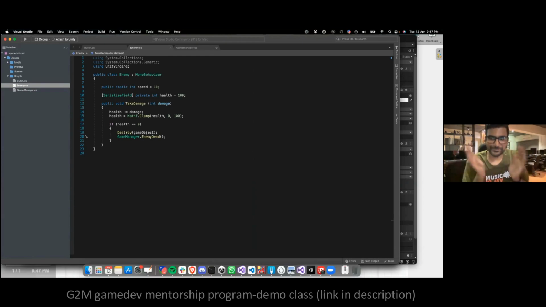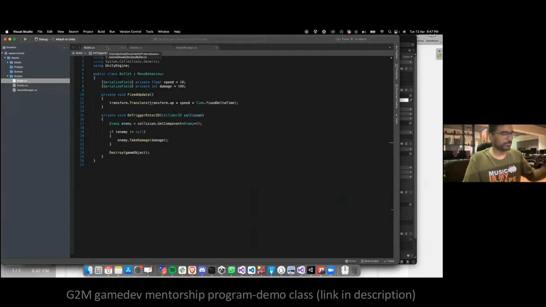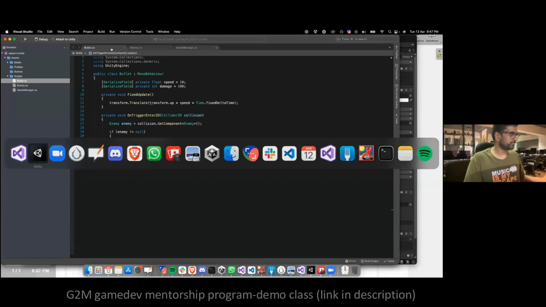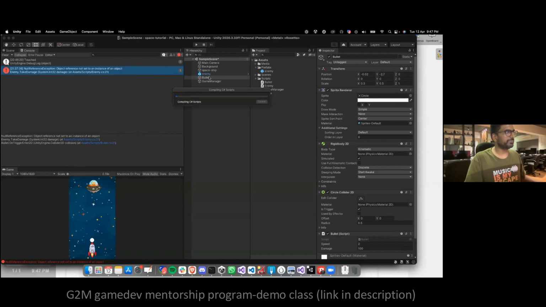So I'll tell you what a model view controller is. Say the enemy is a model. Actually, bullet is a much better example. We all came to an understanding and said that bullet needs to have speed, bullet needs to have damage, and bullet also communicates with the collision system. So that's the model that we have. The properties of the model would be speed and damage. View is what you see as a sprite. So whenever I'm saying bullet,